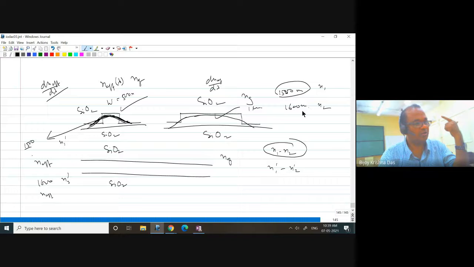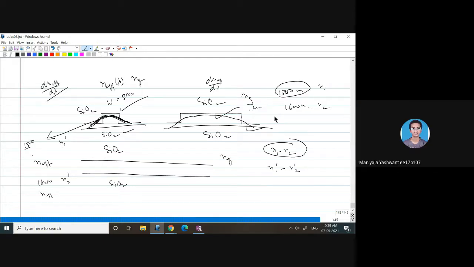Let me rephrase my question. Here 500 nanometer waveguide width, here 1 micron waveguide width. Now I am just considering a wavelength difference from 1500 to 1600, and I am trying to calculate the mode effective index, or whatever. And here also I am considering 1500 to 1600 nanometer. So now when you are calculating this effective refractive index, which one will be more impactful if you change wavelength here and here? In the first case, sir.